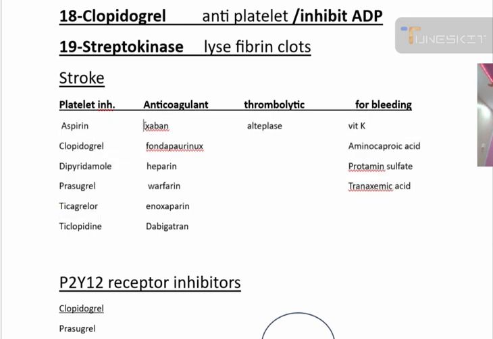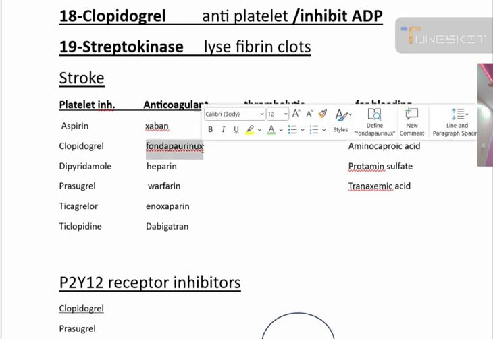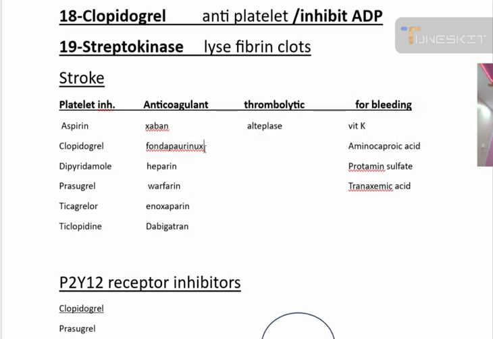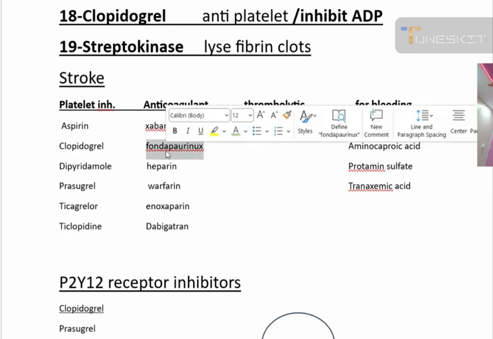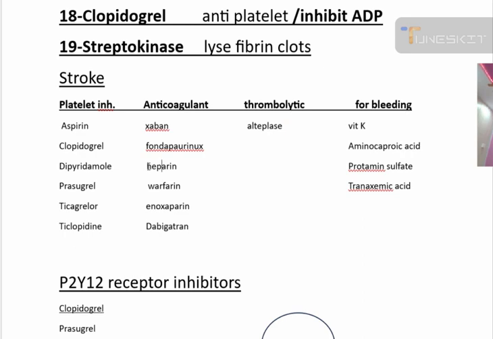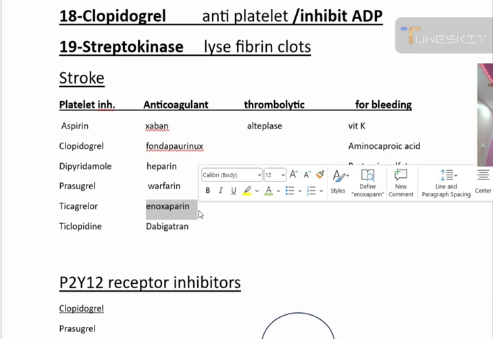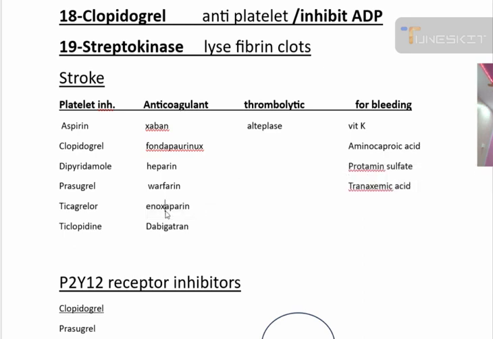Anticoagulants: all the drugs ending with xaban, apixaban, fondaparinux. This drug is very important, as a lot of questions in previous exams or past papers have been asked about the structure of fondaparinux. They'll give you the structure and ask you to identify the drug. Heparin and enoxaparin, these are very important drugs, and they will ask you the dose of enoxaparin, the route of enoxaparin, and a lot of other things. Warfarin,